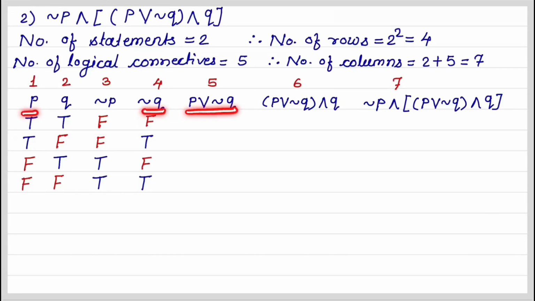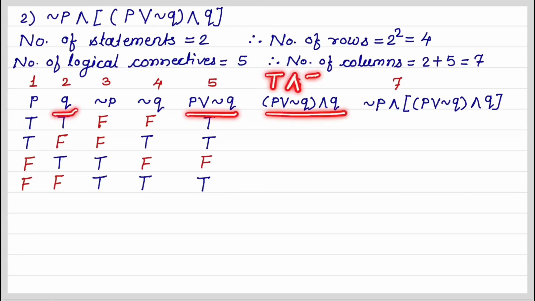Next we have to take disjunction of these 2 statements and we know F or F is equivalent to F. See where this condition is satisfied. Third entry, both the statements are false, therefore the disjunction is false and all other entries are true. Now take conjunction of these 2 statements, second and fifth, and we know T and T is equivalent to T. At first entry this condition is satisfied, therefore first entry is true and all other entries are false.